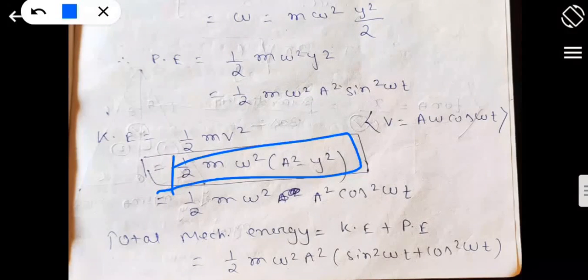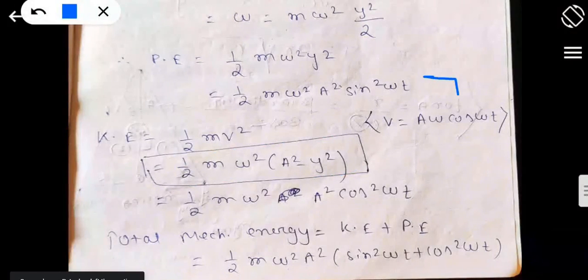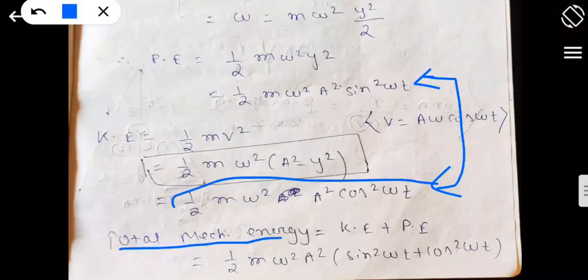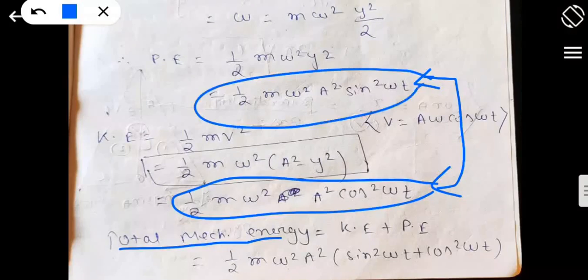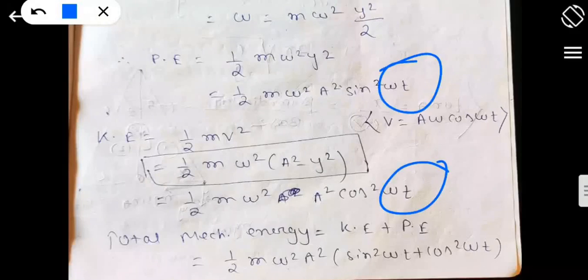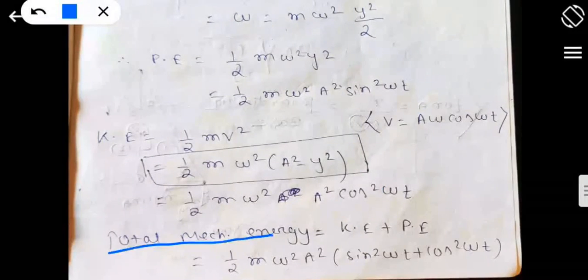Now what is the total energy? For total energy, obviously we have to take similar terms, otherwise we cannot add. So the total mechanical energy involved, we need to add these two, because they are both represented with respect to time, omega t and omega t, according to the phase. The total mechanical energy in this process is the kinetic energy plus the potential energy.